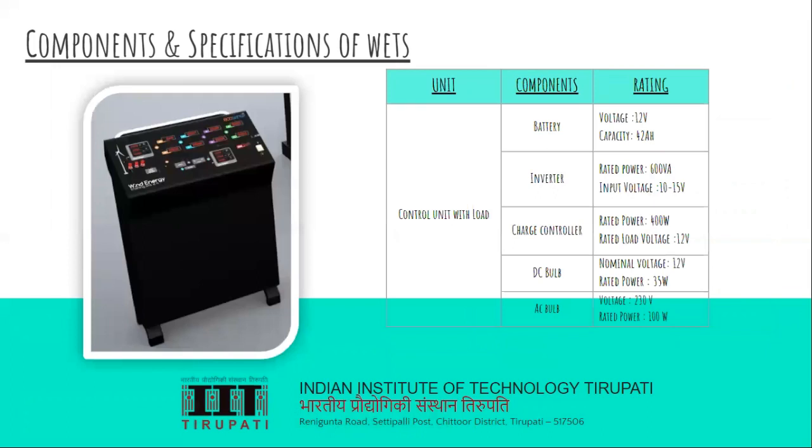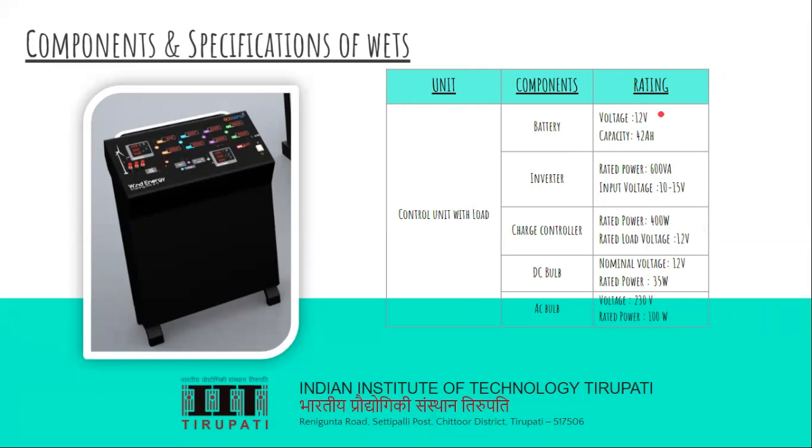So this is the main part, nothing but the controlling part, where the electricity, which is variable in nature, can be stored in a battery and used to give power to the loads. Here there is a battery, so the variable AC is converted into DC by using the charge controller unit and at the same time the rectifier unit. Its power rating is 400 watts and the voltage is 12 volts. The battery voltage is also 12 volts and its capacity is 42 ampere hour.